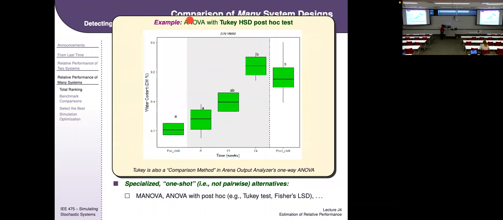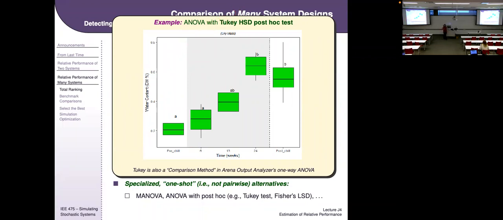And so you can run your ANOVA that you already know about from like 380. And your ANOVA would say, I've got 5 systems here, and I detected that the change from system A to system B to system C to system D, or whatever, does have a difference in performance here. Well, what a post hoc test does, in this case, I'm showing the Tukey test, which is often used in